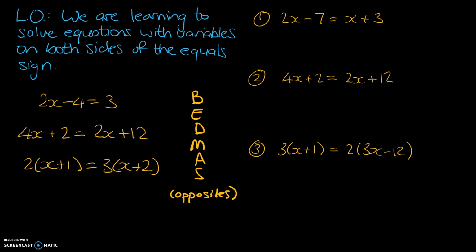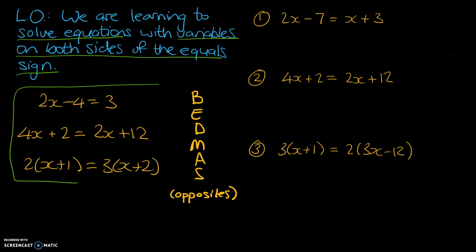Today's learning objective is in blue, and we are learning to solve equations with variables on both sides of the equal sign. So that's a long learning objective, and what I wanted to do is go through 3 examples just to demonstrate what type of question we're trying to answer before we get into the 3 examples on the right. So the first question,